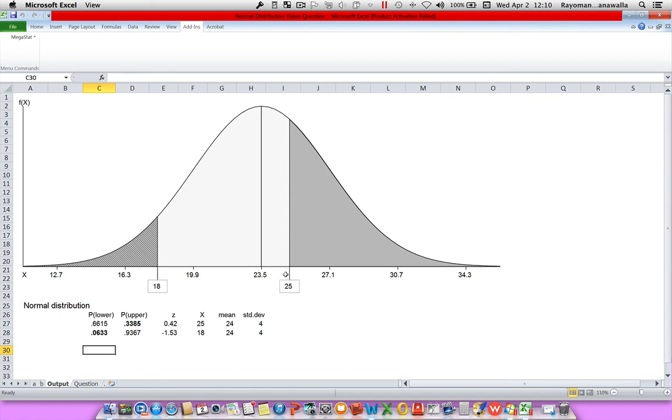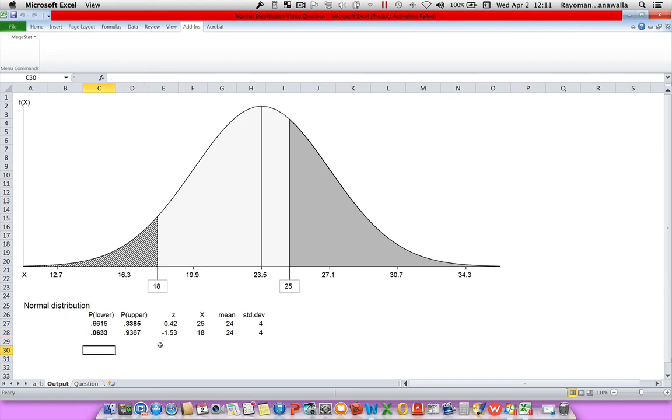So what I need to do now is find the probability. Well, what's the probability that it will be less than 25 minutes? 66%. So that 66% is actually all the area from here to the left of the 25. So it incorporates all this area plus this area. Okay, so everything from here left is 66.15%. Now, we don't want this entire area. Okay, I want this area, but I don't want this area. So what I want to do is take the 66.15% and subtract this small area here. And this small area here is represented by less than 18, which is